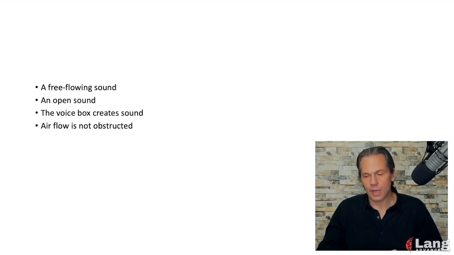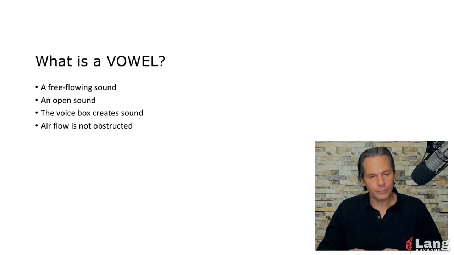The sounds that can be described in this way are vowels. Now, there's a range of vowel sounds, so we could say relatively open instead of just saying an open sound, but compared to consonants, vowel sounds are quite open. The main thing to remember is that they are always voiced and that the airflow is not obstructed. And, as we said before, all English words contain at least one vowel.